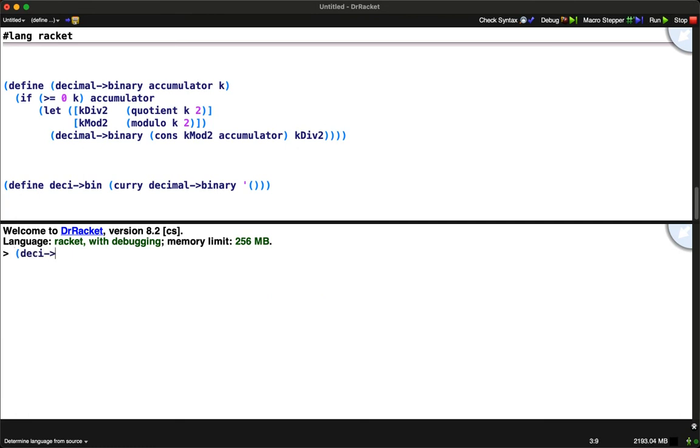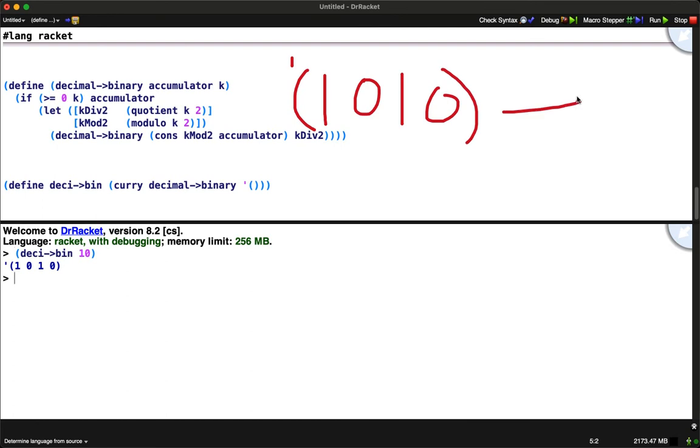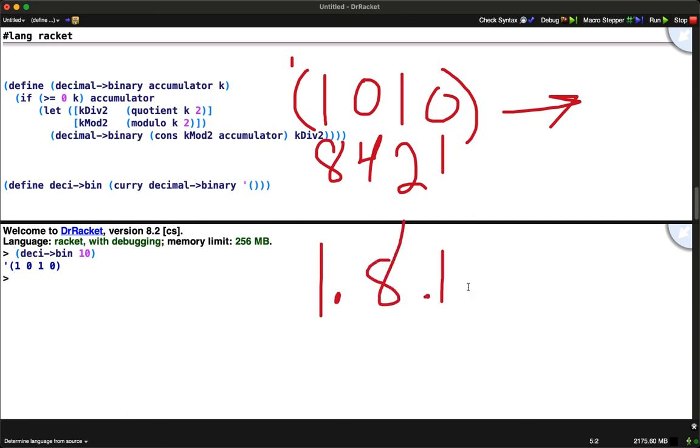Okay. Deci to bin 10. And let's see if that's true. So 1, 0, 1, 0. These are my 1s, these are my 2s, these are my 4s, these are my 8s. So 1 times 8 plus 1 times 2, whoopsie,